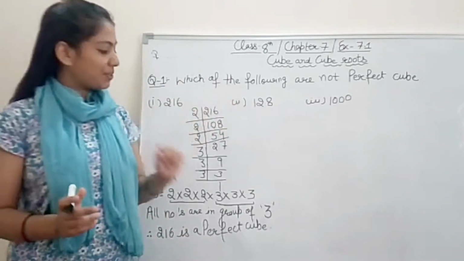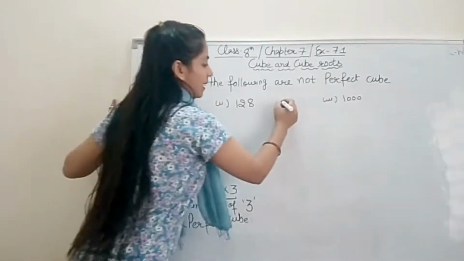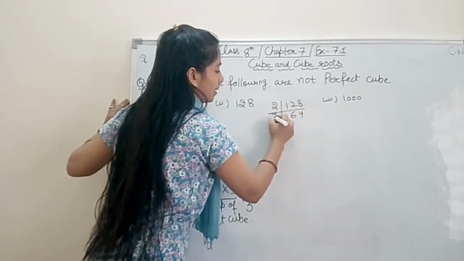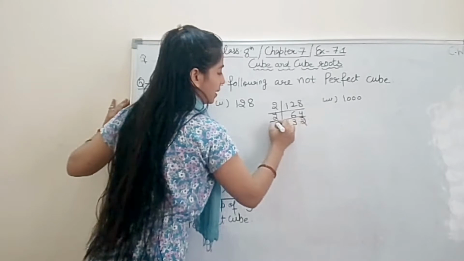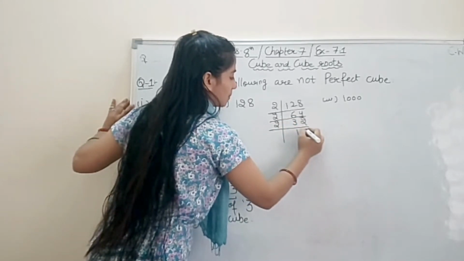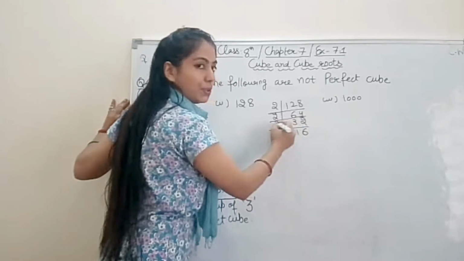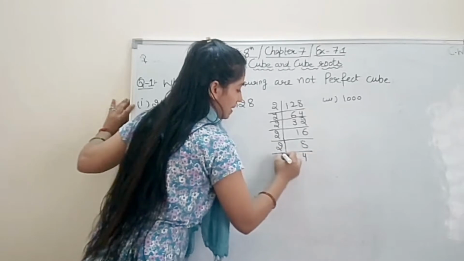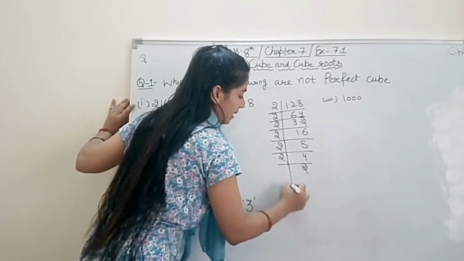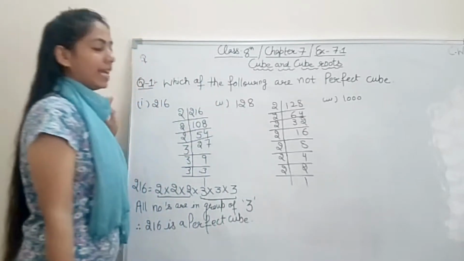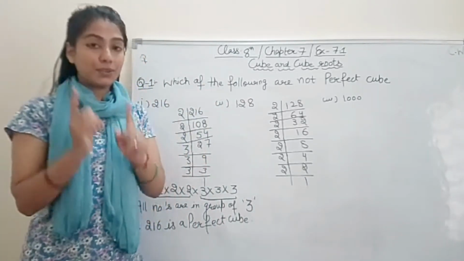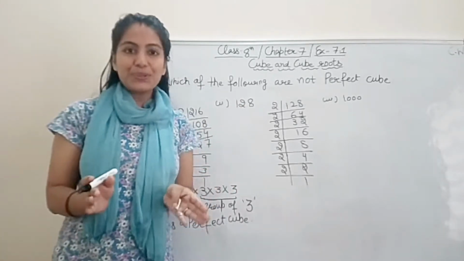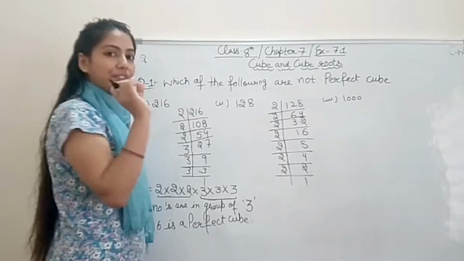Very simple. Now coming to the second part, 128. Now again prime factors. 2 6s are 12, 2 4s are 8, 2 3s are 6, 2 2s are 4, 2 1s are 2, 2 1s are 2, 2 6s are 12, 2 8s are 16, 2 4s are 8, 2 2s are 4, and then 2 1s are 2. And student, in prime factorization this is important, it is very important, all numbers should be prime numbers only, right? I know you know this thing. Now what are the prime factors?